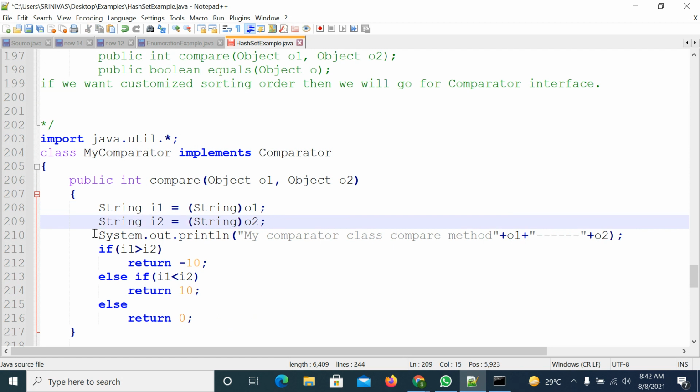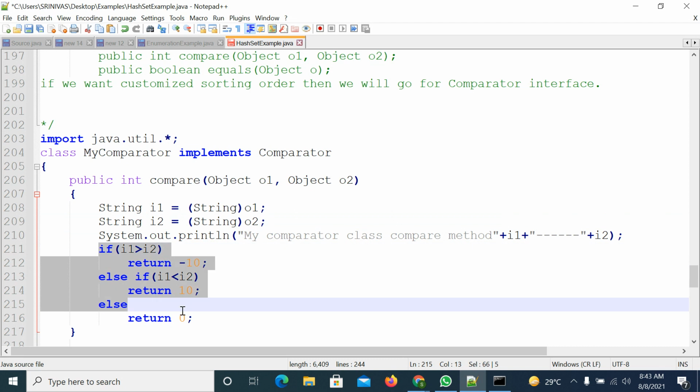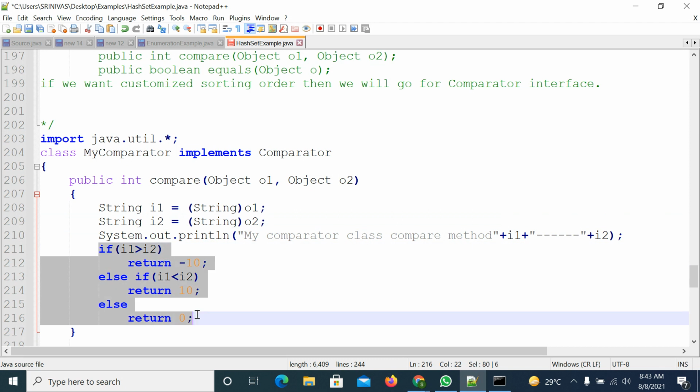Okay, so you can take string one and string two here, I1, I2. You are not supposed to compare them with greater than or less than.